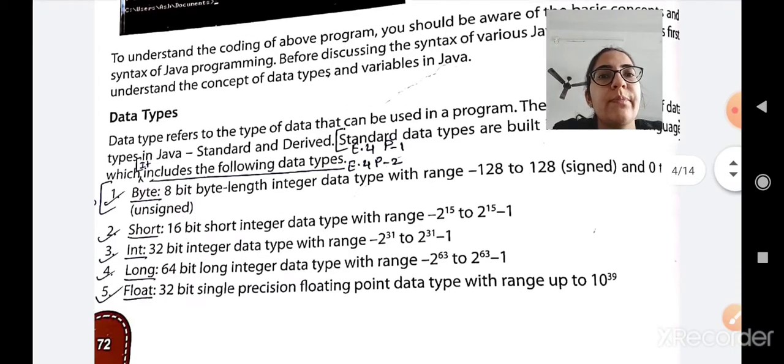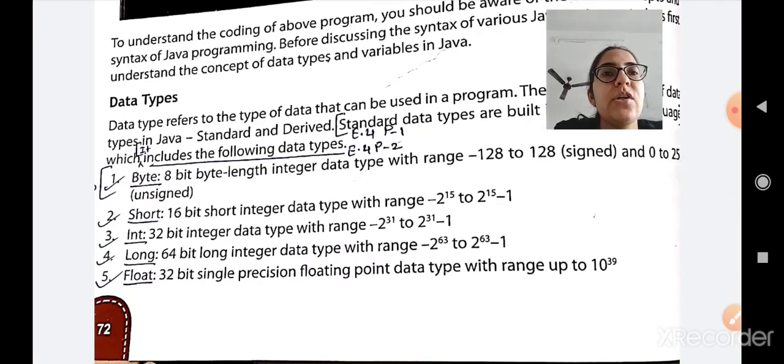Next is short. A 16-bit short integer data type with the range -2 raised to 15 to 2 raised to 15 minus 1. Next is integer. A 32-bit integer data type with the range -2 raised to 31 to 2 raised to 31 minus 1. Next is long.